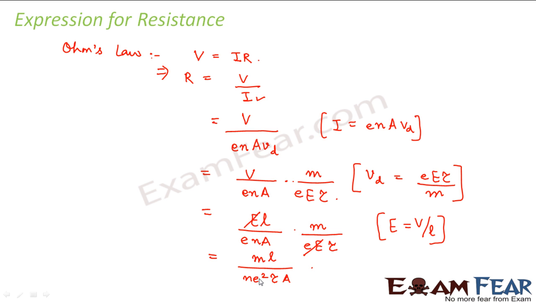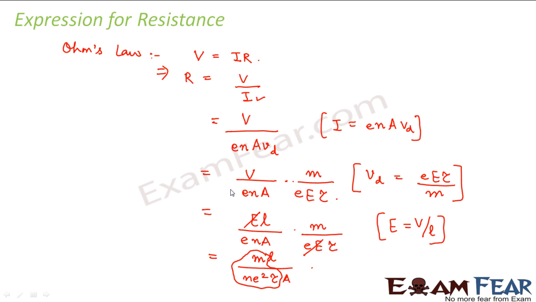Now if you look at it, this m is nothing but the mass of the electron, N is the number density of electrons, E is the charge on the electron, and tau is the time elapsed between each successive collision. So this entire thing is dependent on the material of the conductor, because they are all properties specific to a particular substance. For example, if I consider a particular conductor, the number density of electrons will be constant for that conductor. Mass of electron and charge on electron are anyway constant, and tau, the average time between each successive collision, is very specific to a specific material.